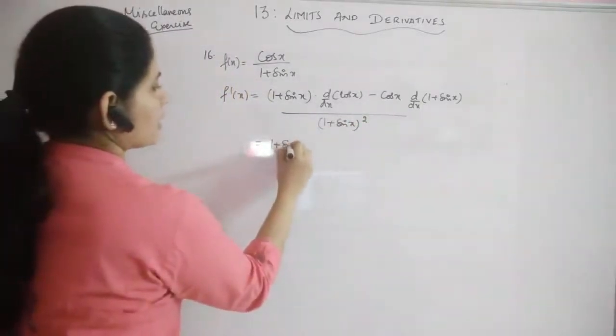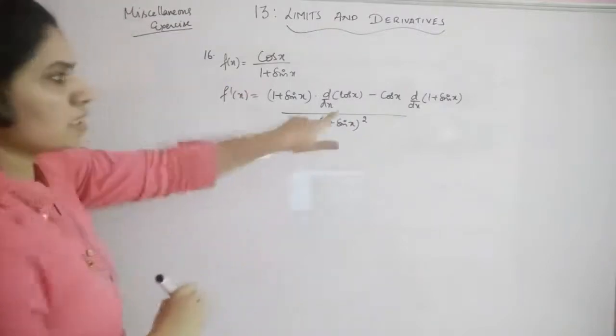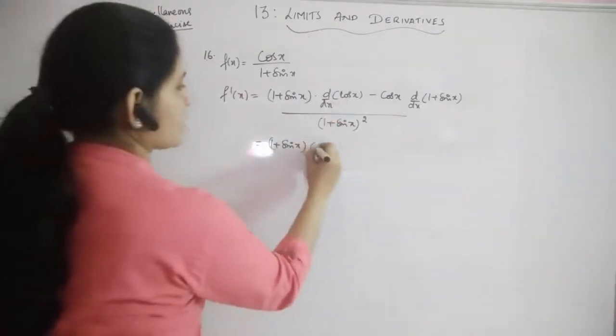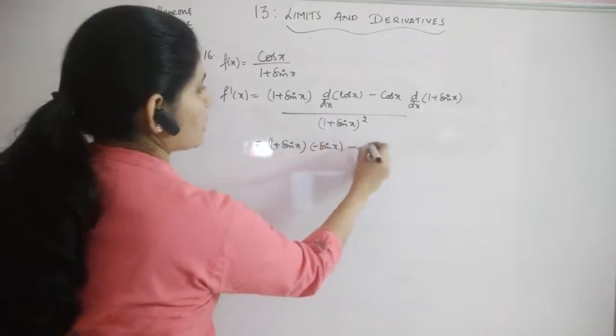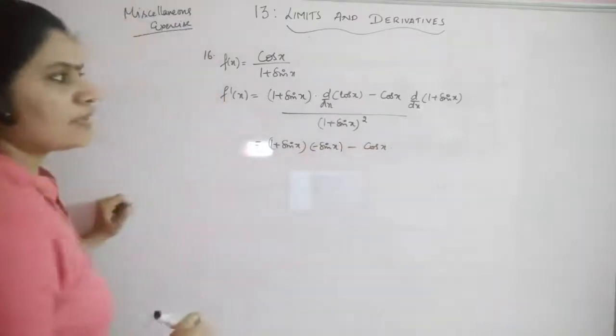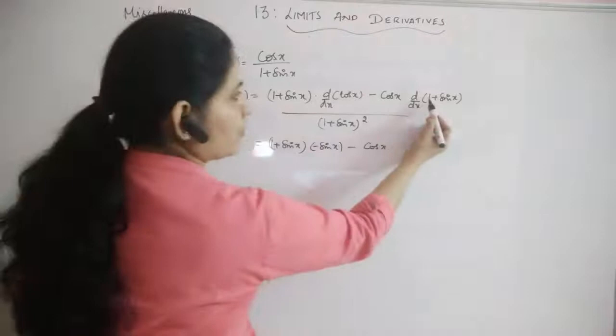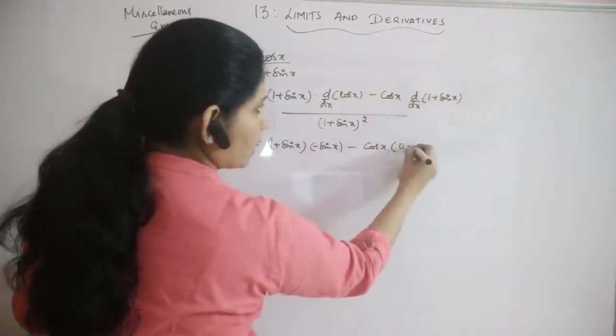Now (1 + sin x) into, what is the derivative of cos x? Minus sin x, minus cos x into derivative of (1 + sin x), derivative of 1 is 0, derivative of sin x is cos x,